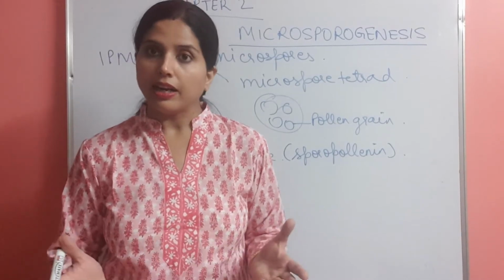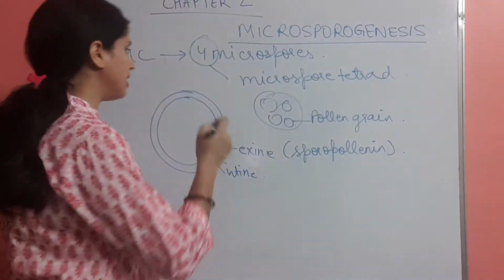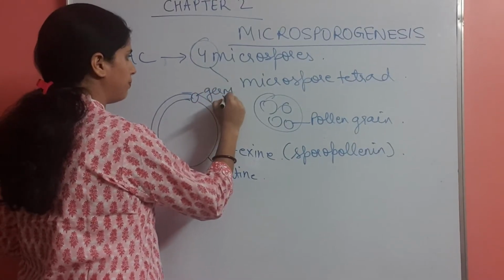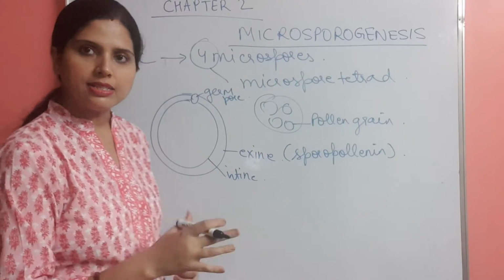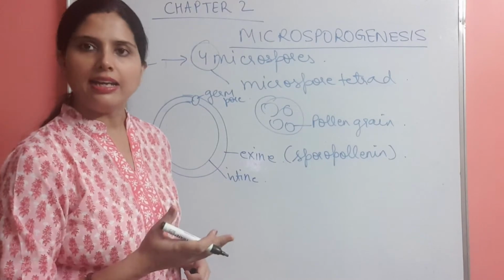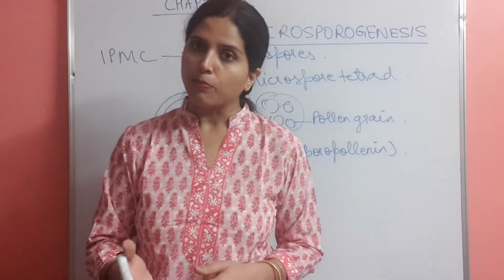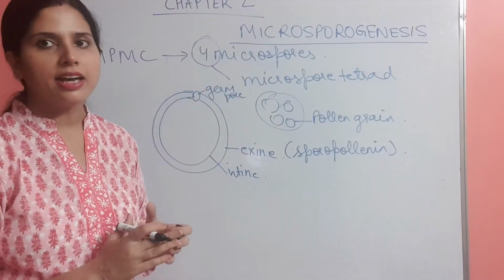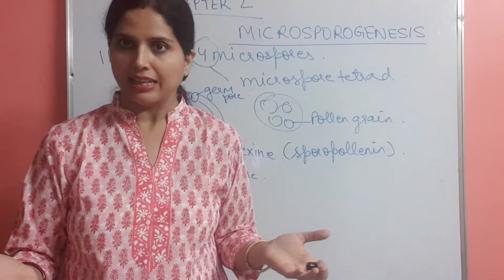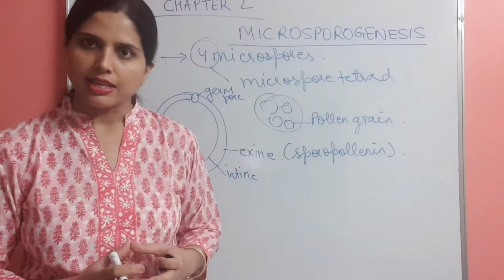But if it does not degrade, how will it germinate? So there is one point that is called the germ pore. This is called the germ pore, where sporopollenin is absent, and over the rest, the exine layer is present, which is made up of sporopollenin. What is sporopollenin? It is like cellulose or chitin; these are all biomolecules. So it is the same over here.